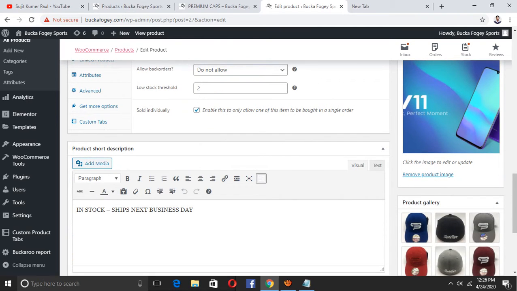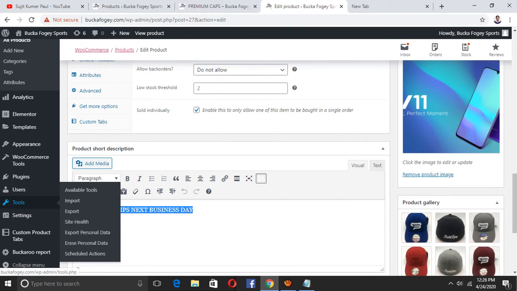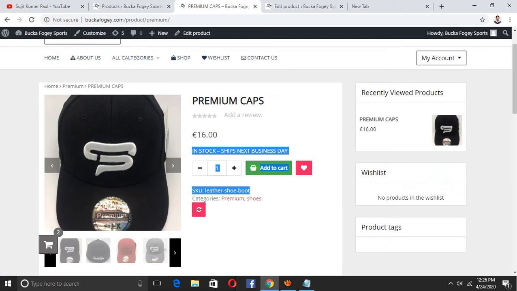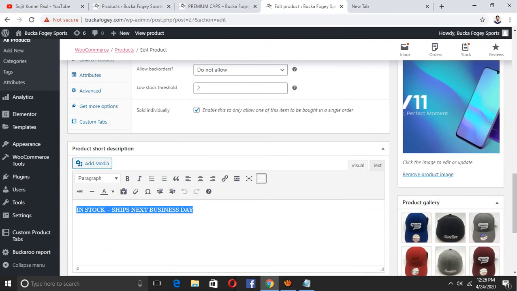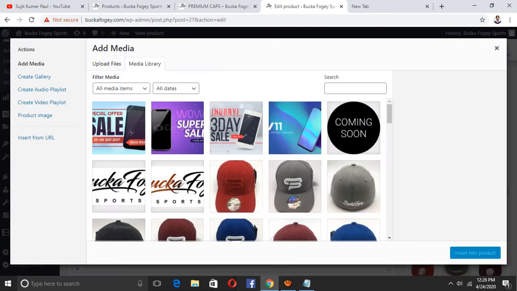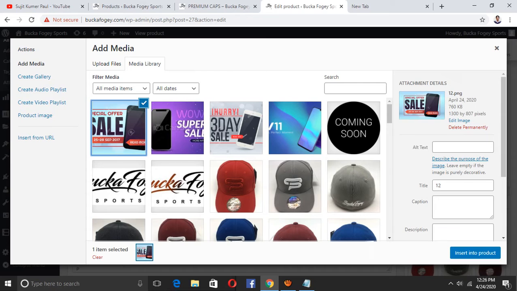Okay, now we can see this stock, and here you can see the product text. If you want more, in the same way you can add images. Okay, I can delete it.